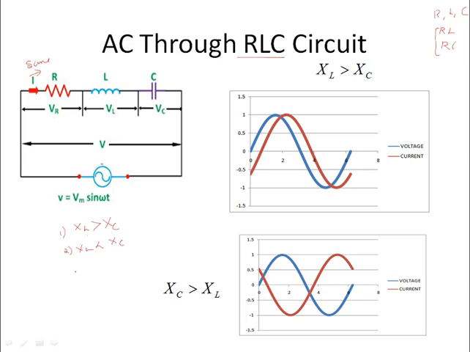The third condition is that XL equal to XC, which is not a matter of concern here, because when XL and XC are equal it is a resonating condition, so we are not discussing it right now. We are only dealing with either a higher value or a lesser value. The equal condition is something different. The circuit will behave in a completely different manner, resonant condition.